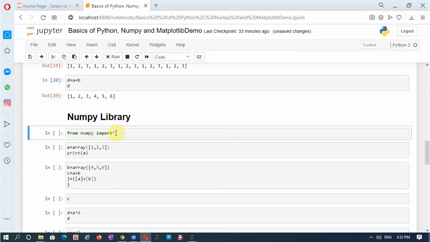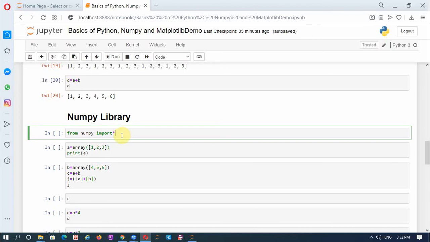Otherwise, particularly if you want to import only sine or cos, any trigonometric functions or array like that, you can do it by explicitly specifying it. But anyway, to avoid every time adding whatever function we want to this list, instead let us import all the functions available in the NumPy library by making use of this star. So from NumPy import star, all the functions.